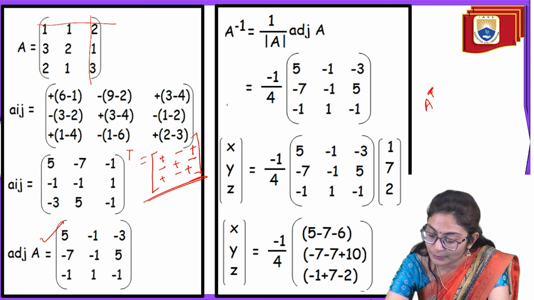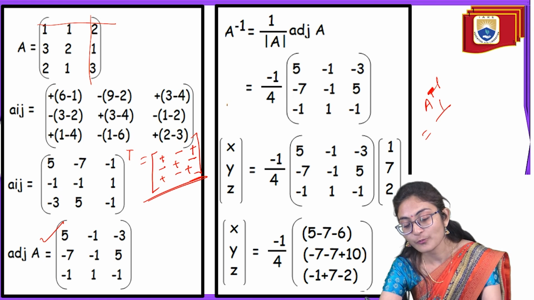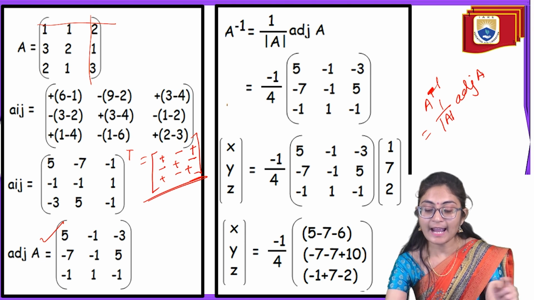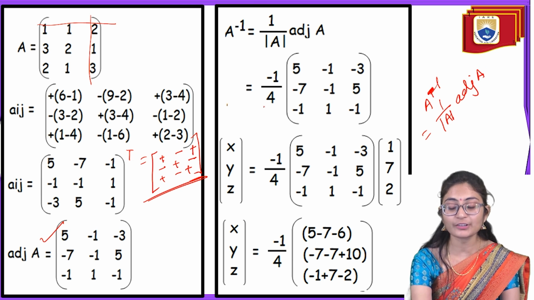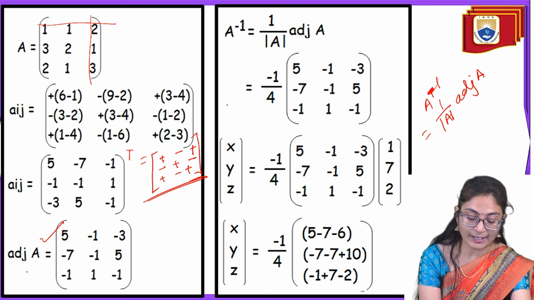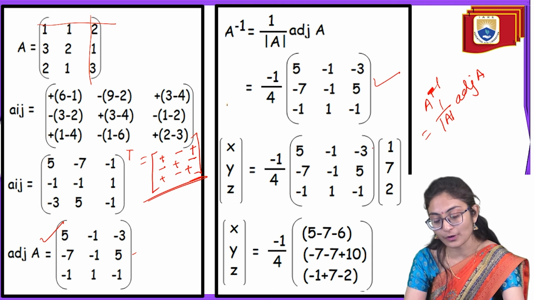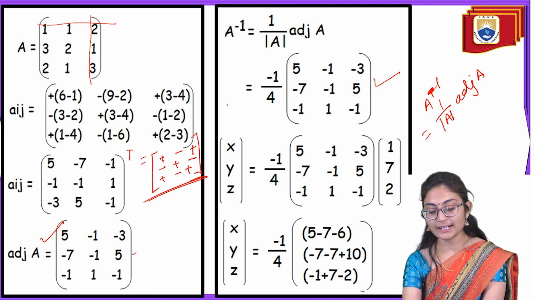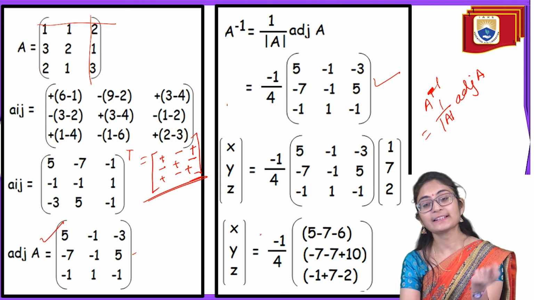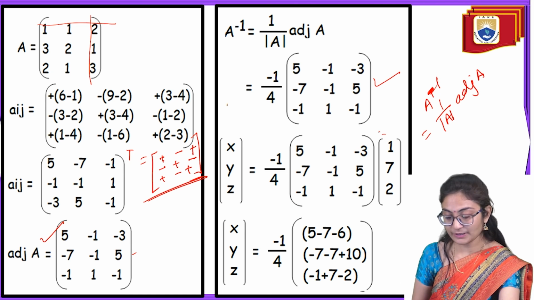First, you have to find out the inverse value, and your inverse formula is 1 upon the determinant times the adjoint of A. Our determinant we got is minus 4 and our adjoint of A we got this thing, and you have to solve all these things. After that you will get the x, y, z, and for finding x, y, z you have to calculate with this